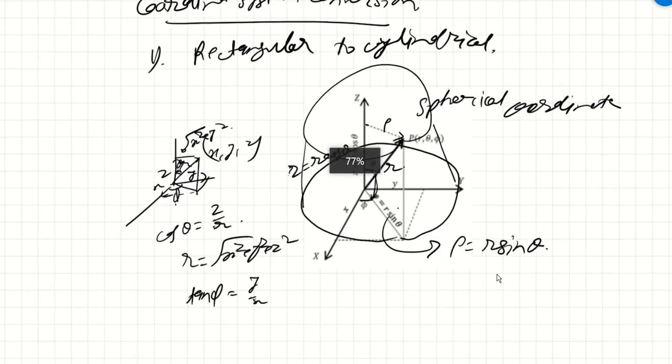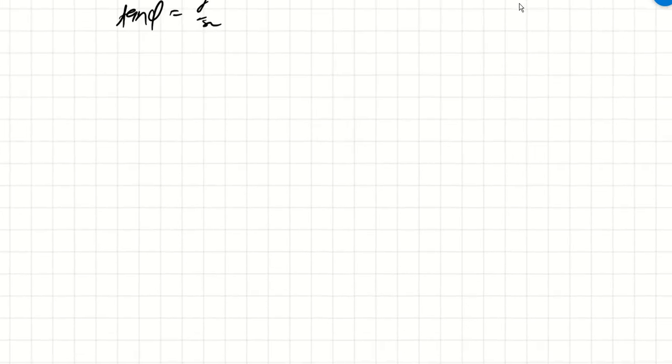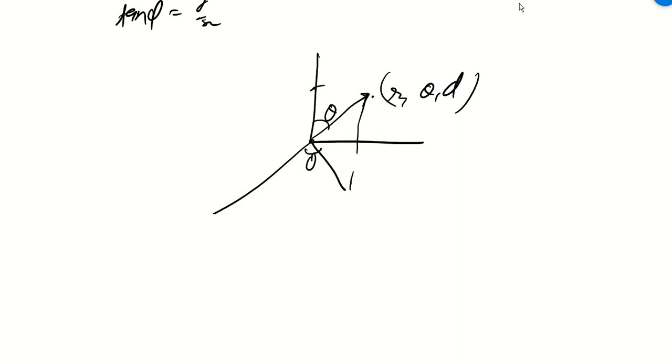Let me go here. So I have a point r, theta and phi. Okay, so this is my r. What I will do is, this is theta and this particular point is my phi, right? So what will be this component? R cos theta. And what will be this particular component downward? This is basically my rho kind of thing. So this will be my r sin theta.